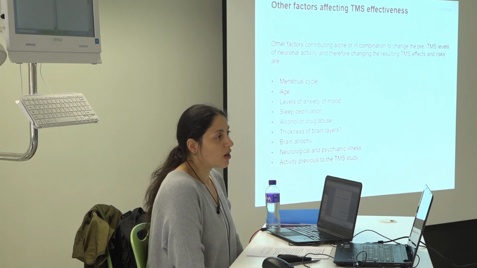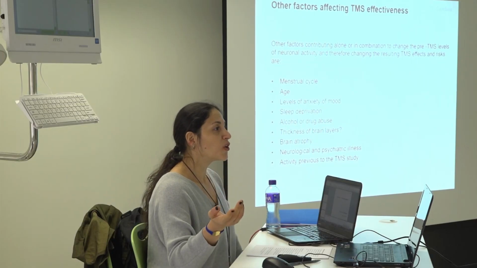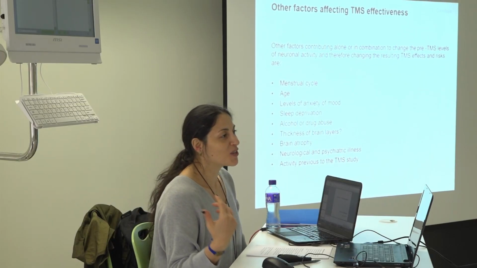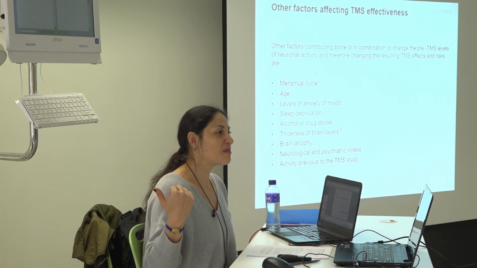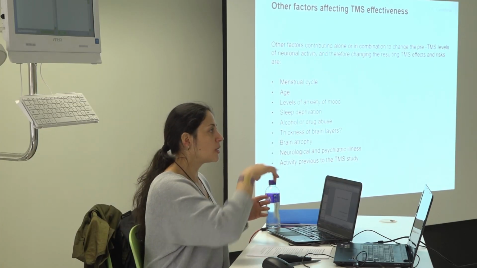Age is important. Now we know that TMS interaction is different with age. Levels of anxiety or the mood. When the person comes angry or something, you do have a different MEP reading. I can tell you that. In the beginning, when I started working with this, I remember that one of my mentors told me, if the person is angry, if you fought with your mother, you will see it in the MEPs, and you do see it. Like you have these big peaks or this kind of thing. You do see that, and if they are tired, you see it. If they are falling asleep, you see it. You are in the back part, but you see it in the EMG. It's very clear.